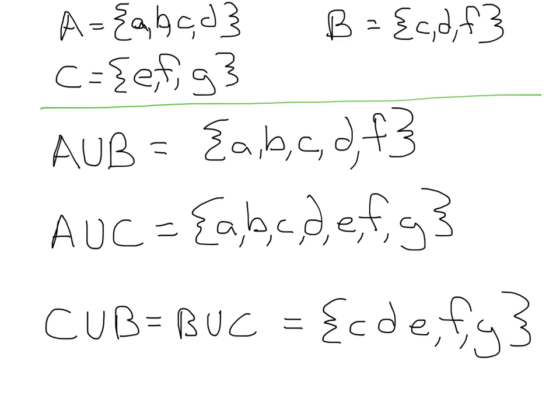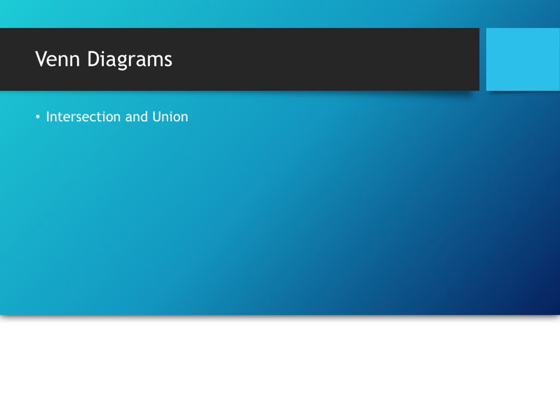So that's what we get: C, D, E, F, and G. Alright. Now, we're going to look at intersection and unions through Venn diagrams. And I just want to point out, what we're going to do is assume that there's some overlap. So again, with Venn diagrams, we always want to start with the